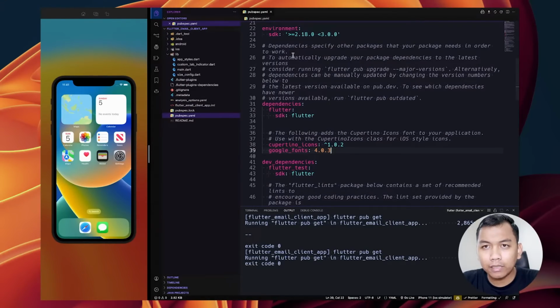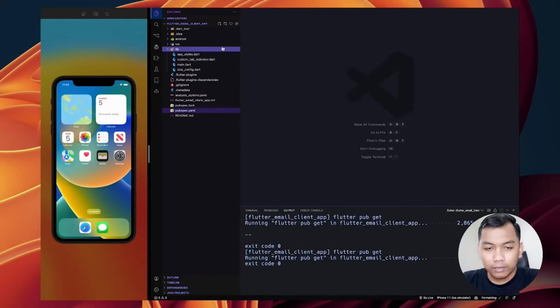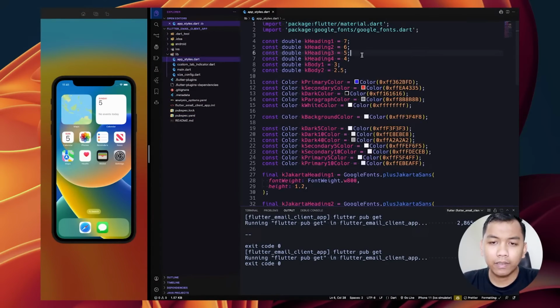Alright, we have successfully added the Google Fonts dependency into our project. Just close this and let's open our app style.